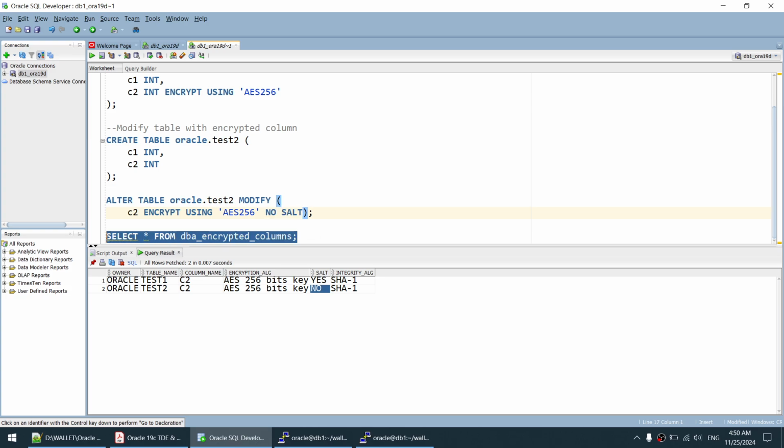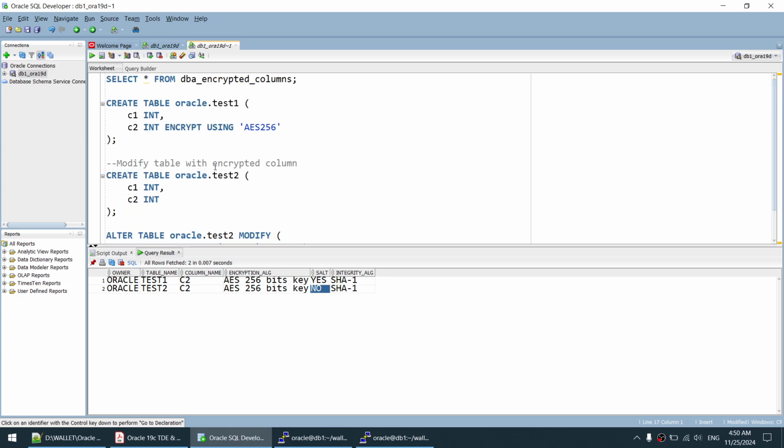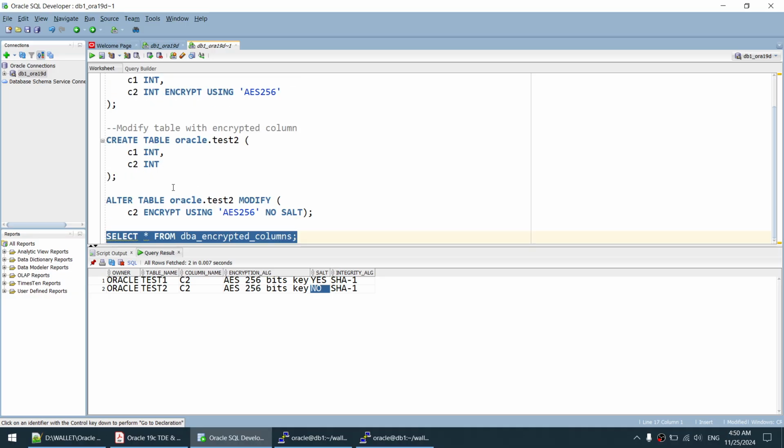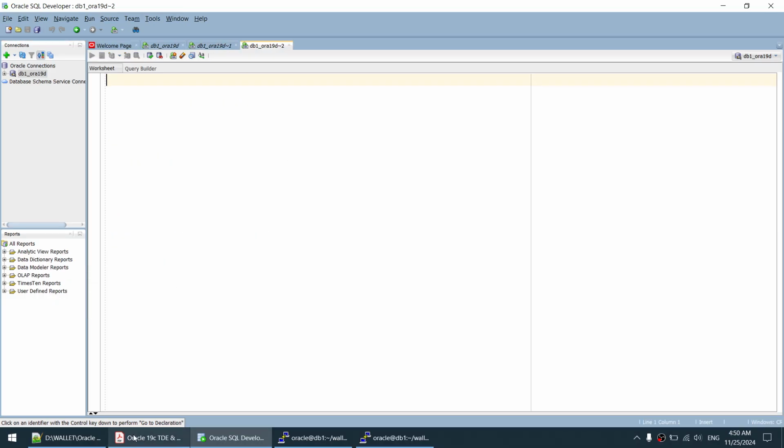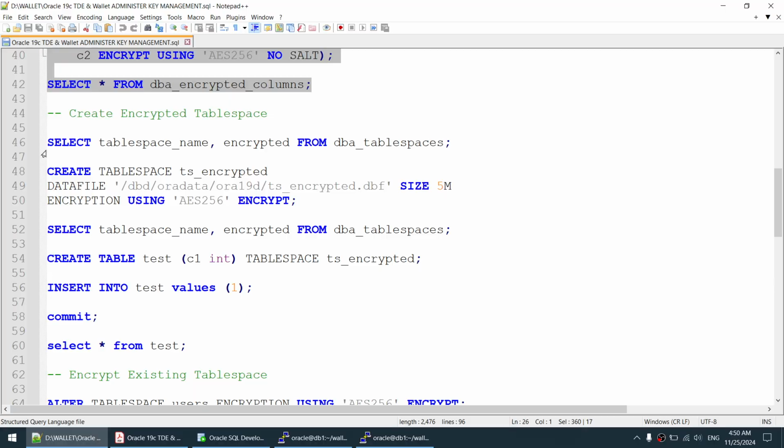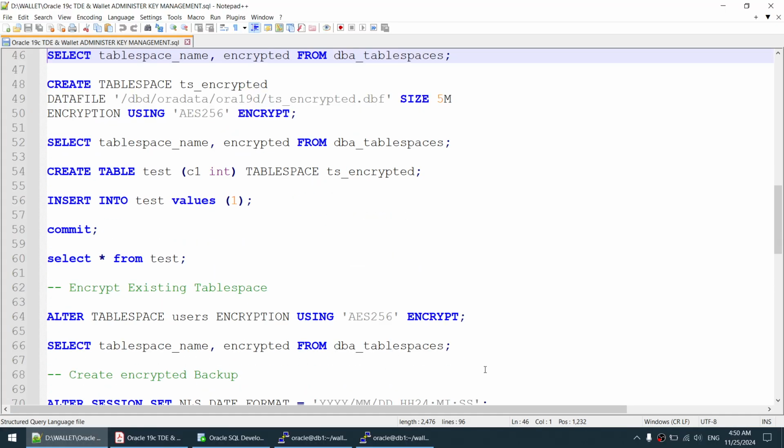So this is how you will either create tables with encrypted columns, or you will convert an existing column from an existing table to an encrypted one. Now that we have seen the table level, let's understand the table spaces. So how do you do that? Let's take all of this,